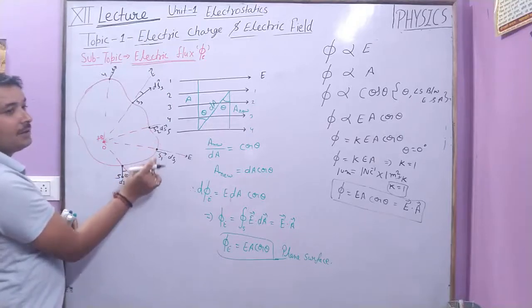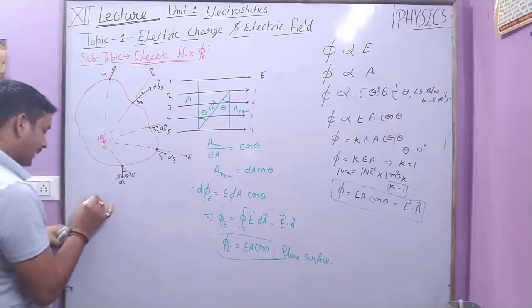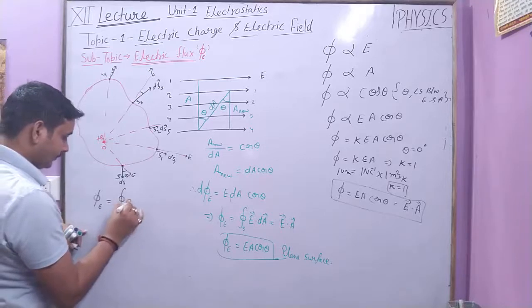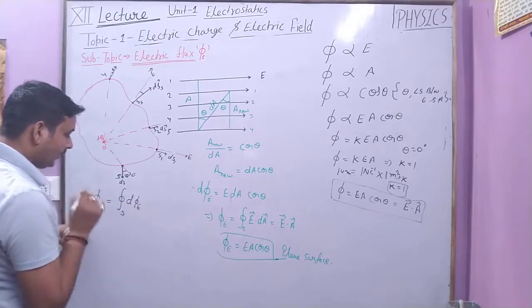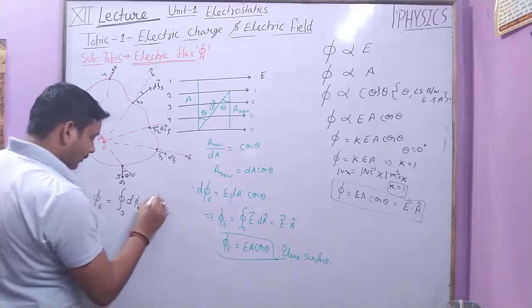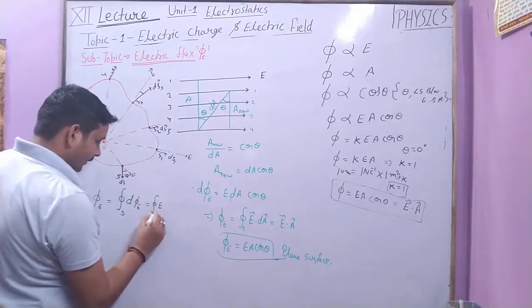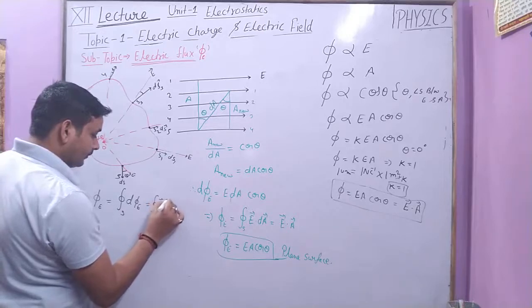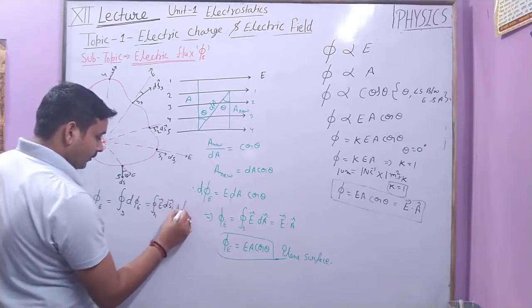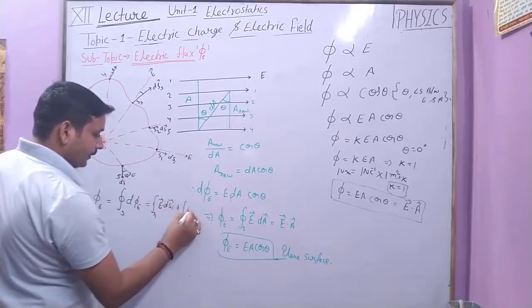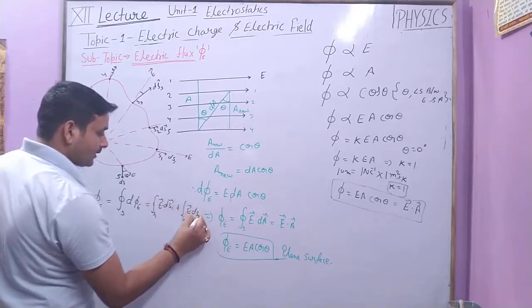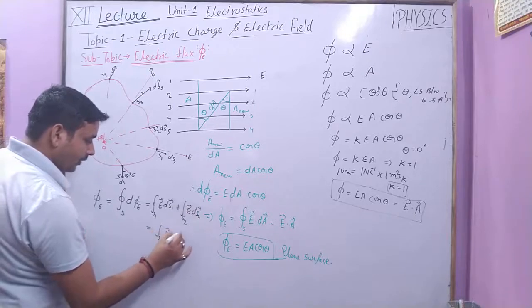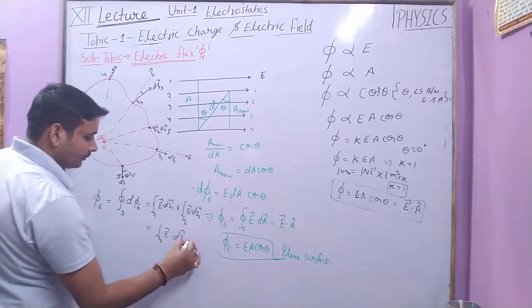So you can calculate the electric flux for the smooth figures by adding all the values of electric flux through the small surface elements, that is phi E equal to the integral of d phi E over the surface, which is equal to the integral of E dot dS1 for S1, vector E dot dS2 for S2, E dot dS3 for S3, and so on.